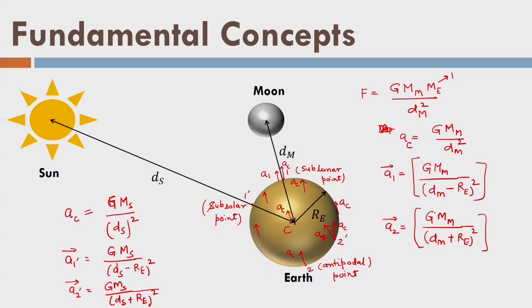So we know that there are some differential forces acting on the surface of Earth. One is because of the center to center distance between Moon and Earth, and another is on the surface of the Earth because of the Moon's gravitation. That means there are two forces working on the surface of the Earth: one because of the gravity of the Earth and one because of the gravity of the Moon. Now, what is the consequence of that? The same thing is happening for the Sun also. Since I am not marking it here, it does not mean that it's not happening. It is happening with the Sun and Earth interaction also. That means a point on the surface of the Earth is attracted by the Sun, as well as by the gravity of the Earth.